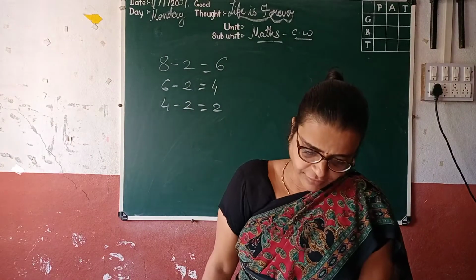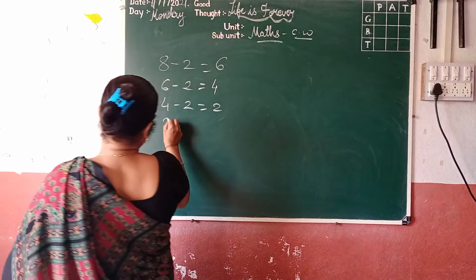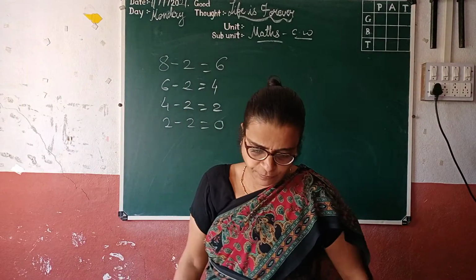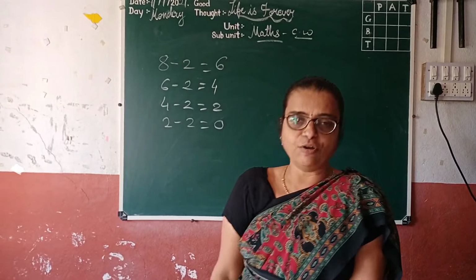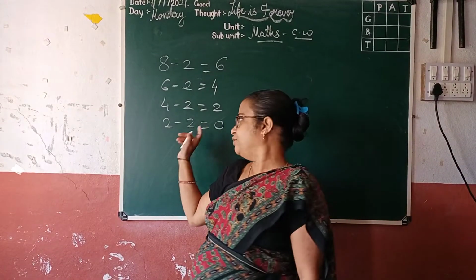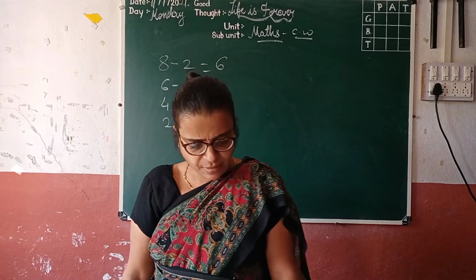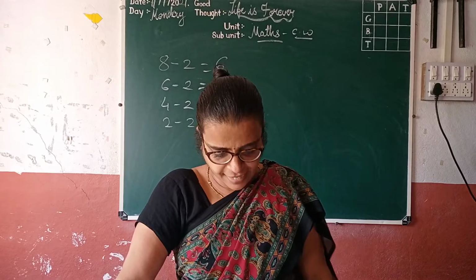See here, the fourth time we take away 2 flowers from 2. So we take 2 flowers from 2, we get 0. So no flower is left. In other words, 0 flowers are left. Now 4 is the maximum number of times that we could take away 2 flowers at a time from 8 flowers.